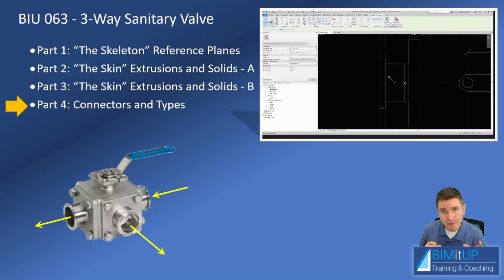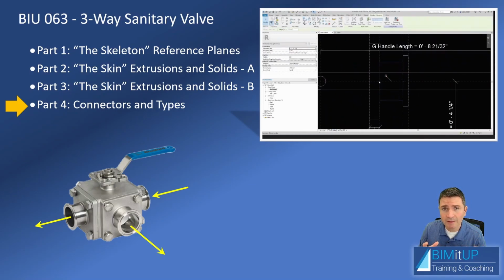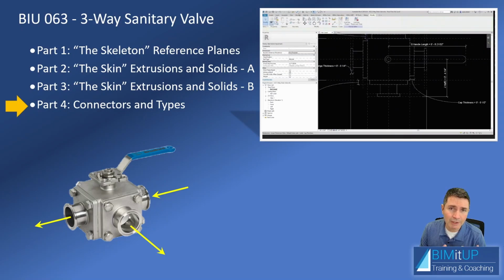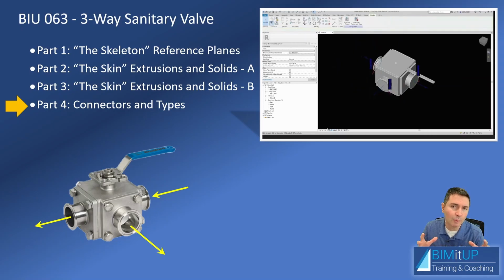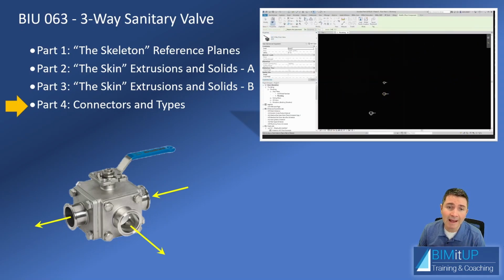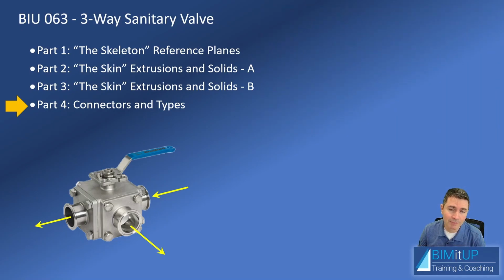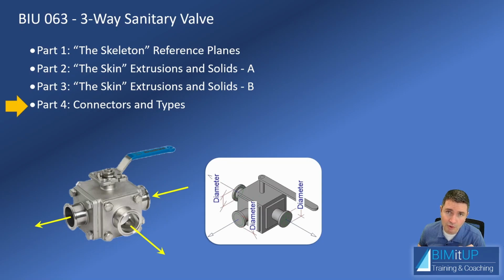In the previous 3 videos we created most of the valve geometry. In this one we add a few more constraints so that the part behaves the way we want it to. And then we add the connectors for the pipes. And we run a little test at the end. I remind you that what we want to end up with is a valve that looks pretty much like that,